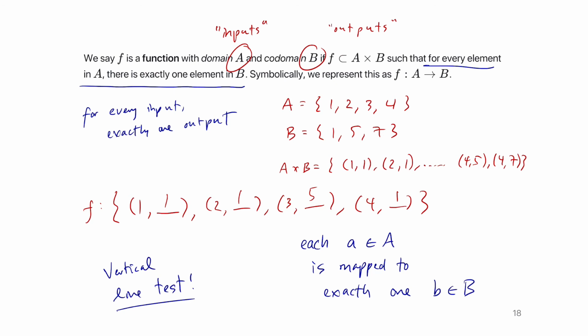You take the ruler, go across the page, and make sure it doesn't intersect 2 points at the same time. Vertical line test. Is that okay? Is this like saying it's a 1, 2? No. That's a different type of function, and we'll talk about that in just a bit. So any questions with the definition of a function?